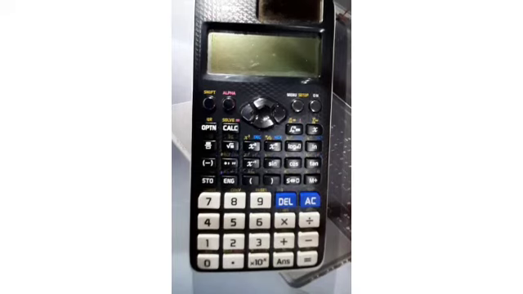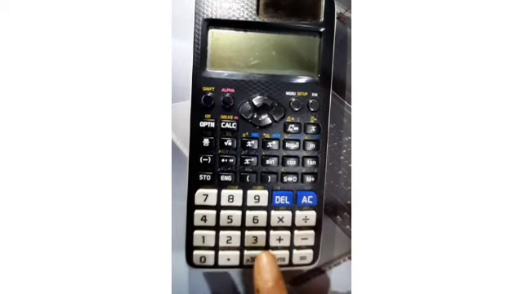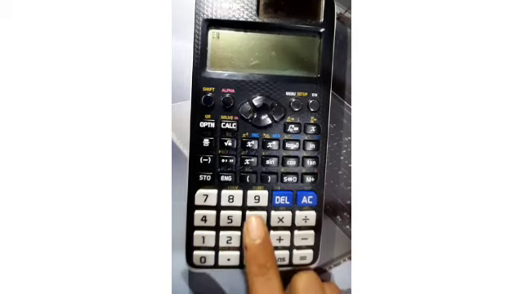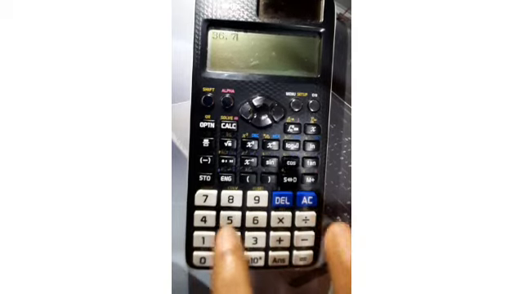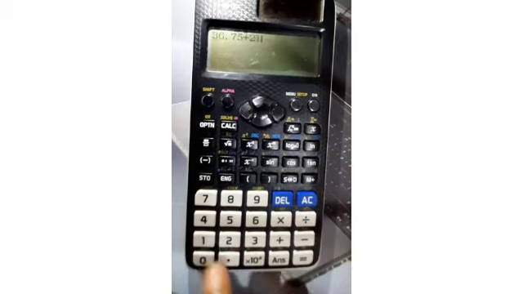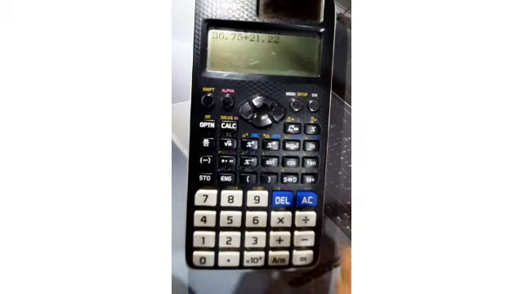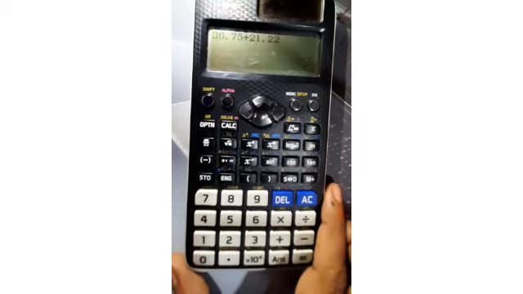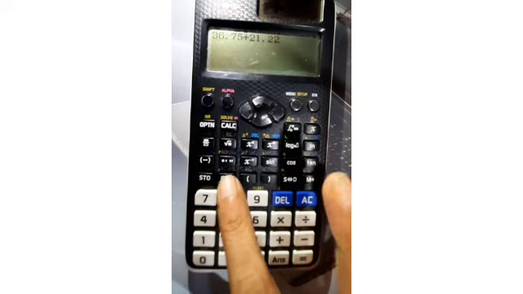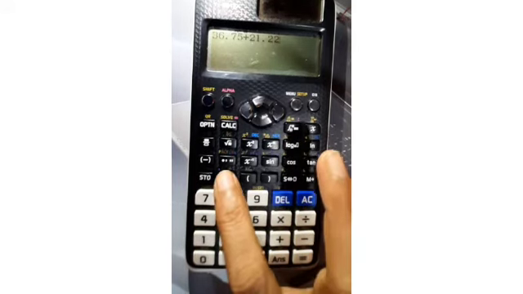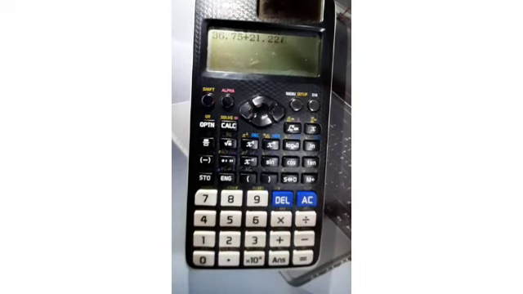Now your calculator is in complex mode. Again feed the data. We will feed the same quantity, that is 36.75 plus 21.22. Here you don't need to press shift. You can directly press this ENG button to get this i, complex i. Okay, this is equal to